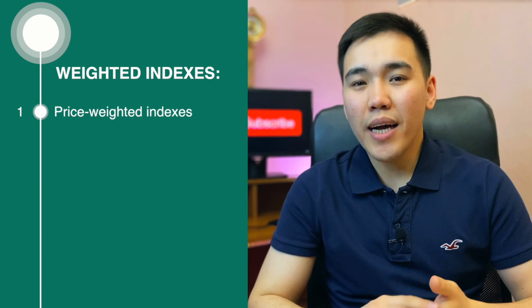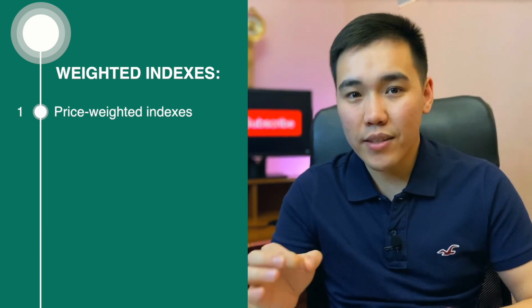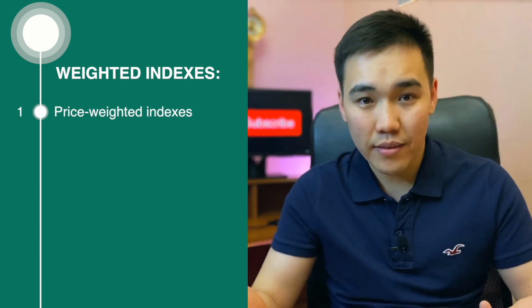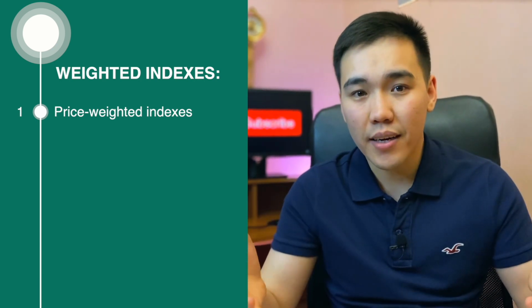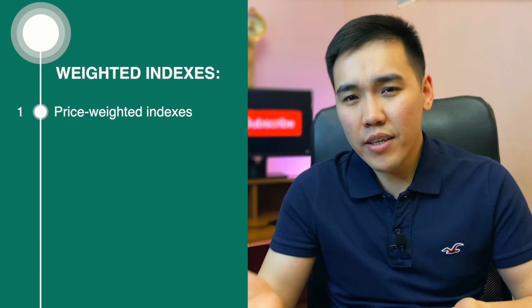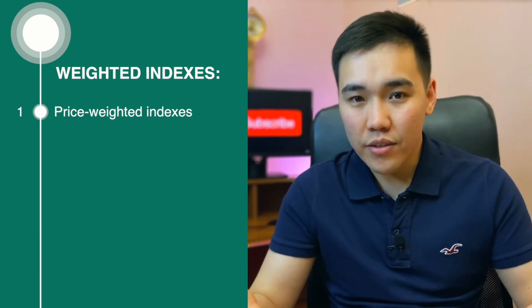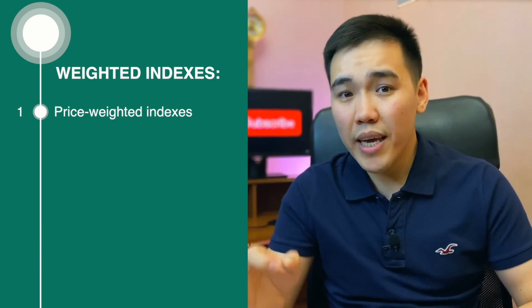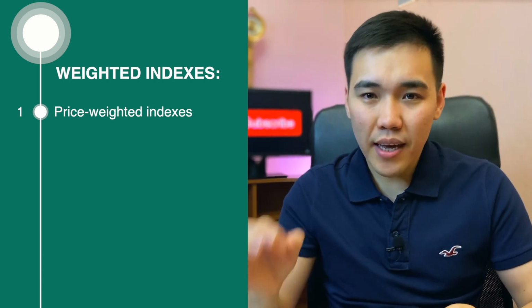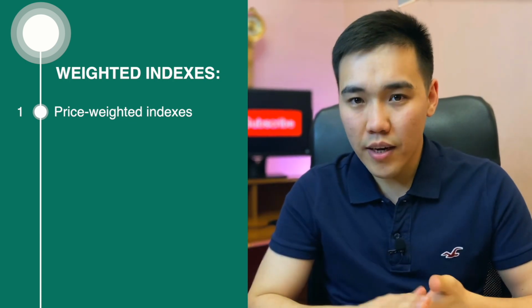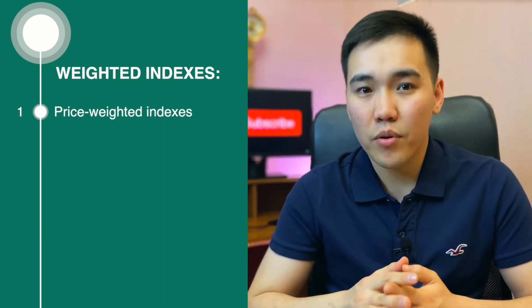First way is price-weighted indexes, which give more weight to companies with higher stock prices. For example, in a hypothetical index made up of 3 stocks with share prices of $70, $20, and $10, the $70 stock would make up 70% of the total index. Regardless of the relative size of the company, the Dow Jones Industrials is the most important example of a price-weighted